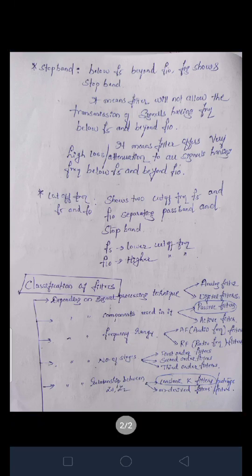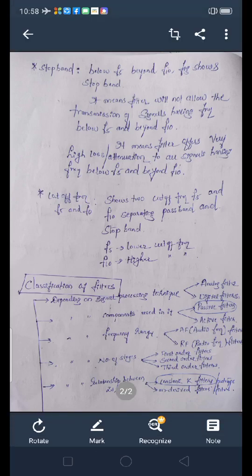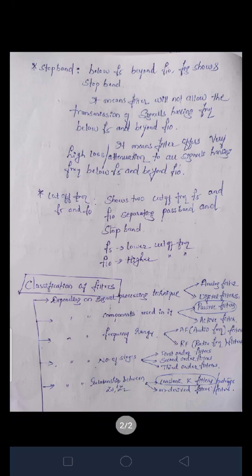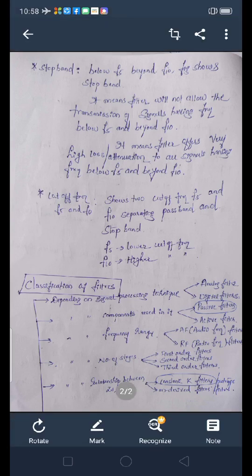And depending on the frequency range, whether my filter is allowing only the lower frequencies or passing only the higher frequencies, I have filters as audio frequency and radio frequency. Audio frequency for lower frequency, radio frequency for very high frequency. So AF filters, RF filters, depending on the frequency range.